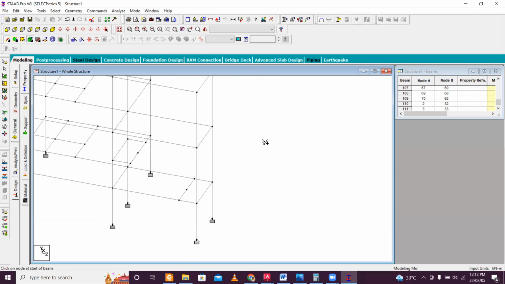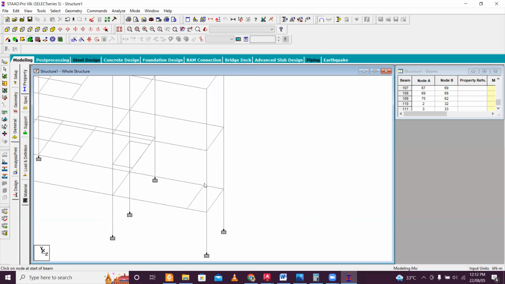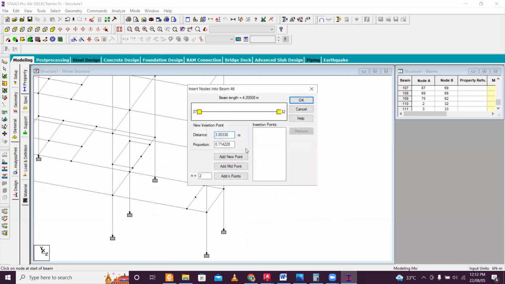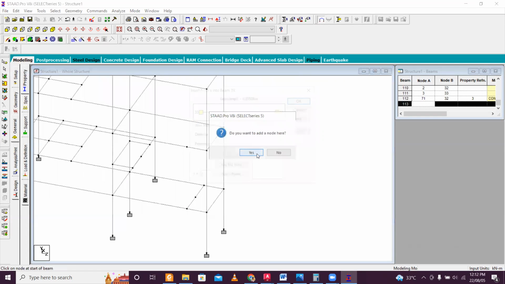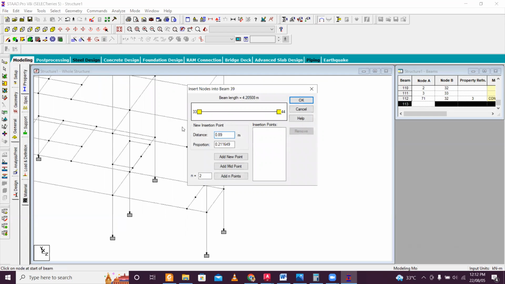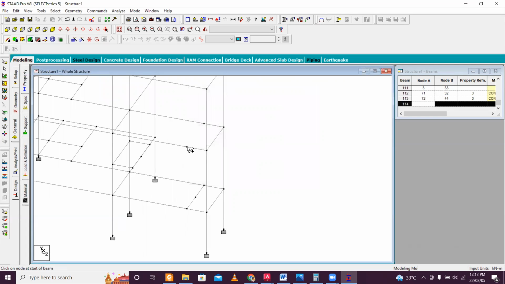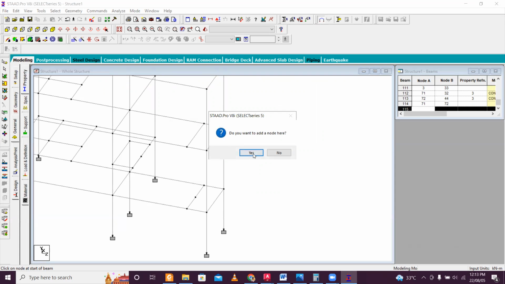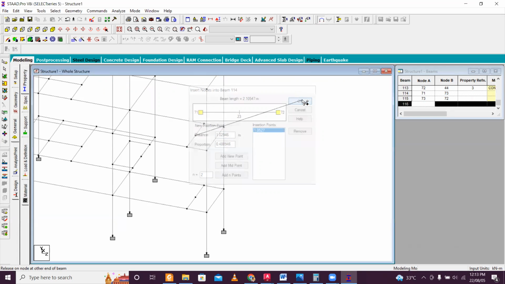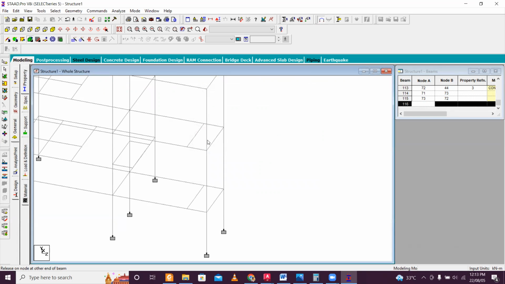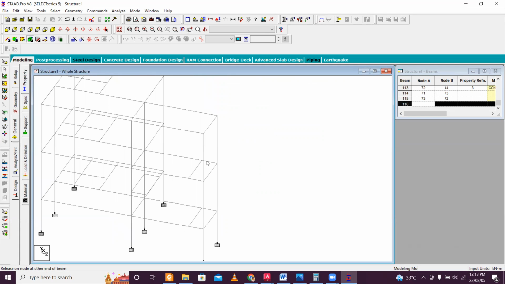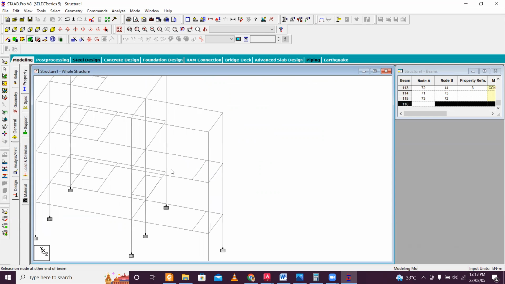So if this had been treated due to some reason, just add this. These columns had been deleted, I think by mistake. Okay. So here, select this and select this. You want to add a node here. It will be 3.315. Add new point. Click on OK, and this will be 0.89. Add new point. Click on OK. Join this, and you want a node here. Yes. Add midpoint. Click on OK. Click on escape. So this is the staircase for one portion,